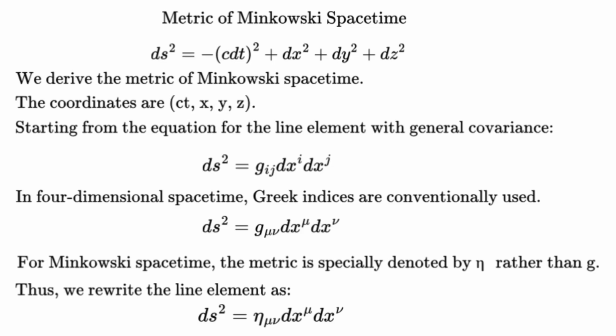Metric of Minkowski spacetime. We derive the metric of Minkowski spacetime. The coordinates are ct, x, y, z, starting from the equation for the line element with general covariance. In 4-dimensional spacetime, Greek indices are conventionally used. For Minkowski spacetime, the metric is specially denoted by eta rather than g. Thus, we rewrite the line element as